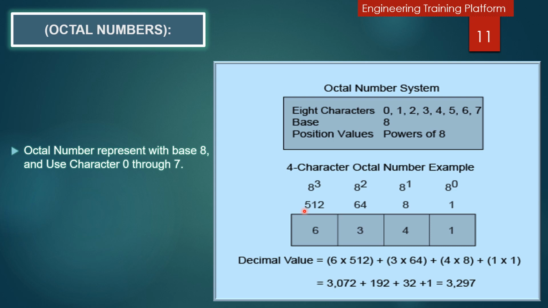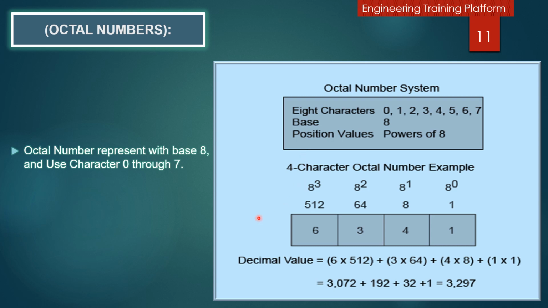The process of converting an octal number to an equal decimal value is as simple as adding the equivalent decimal value for each position in the octal number. And here I already explained in the picture, this is the table of the octal number, and it should be remembered whenever you are going to convert into another system. The octal number system has 8 characters, starting from 0 to 7, with a base of 8 and position values as powers of 8.